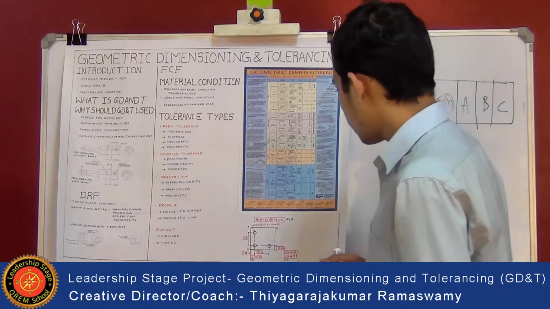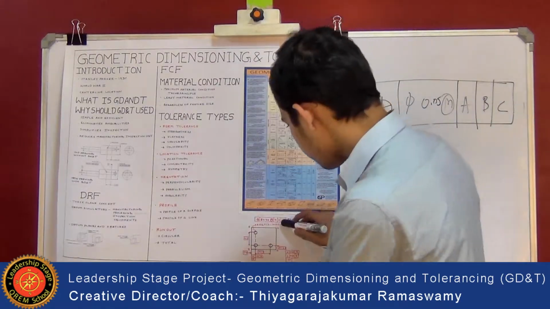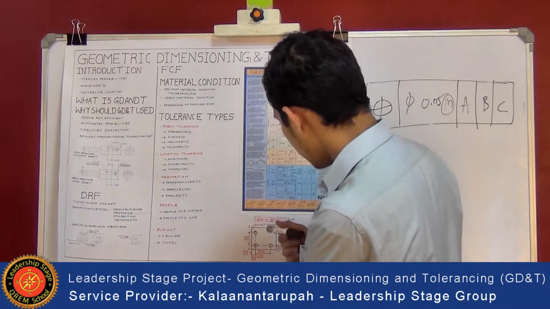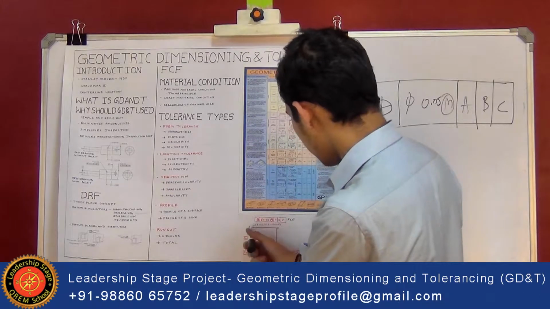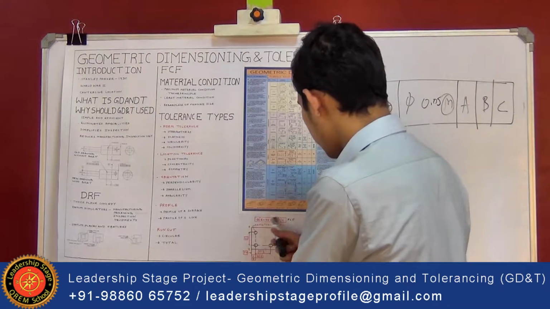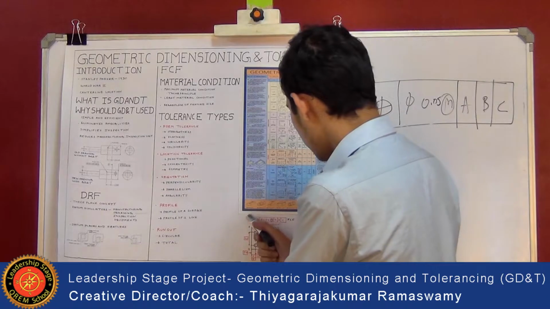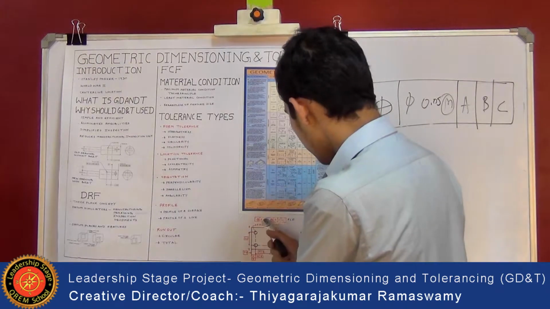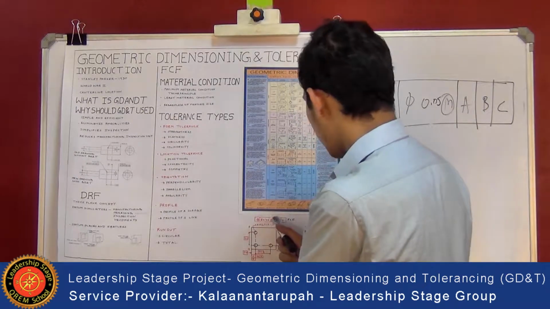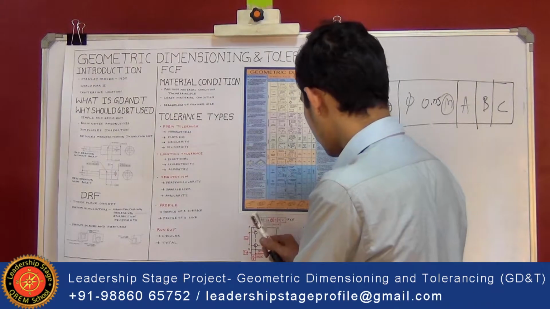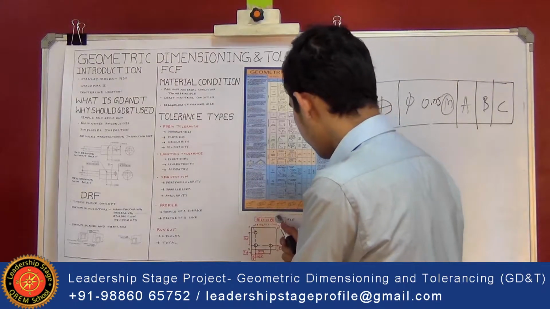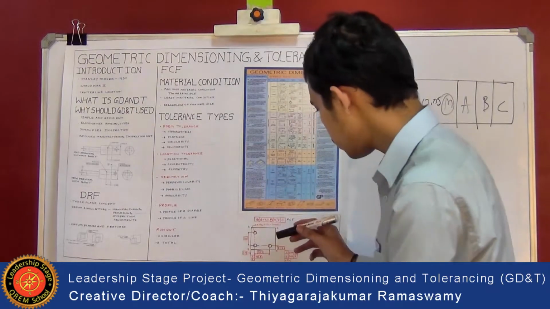This feature we can see from this diagram, where square boxes represent the actual dimension. It consists of 3 holes having limit size 5 plus or minus 0.12. This is the feature control frame. Here we consider the position tolerance having a diameter tolerance of 0.24. And here maximum material condition is considered with 3 different datum frames, that is A, B and C.